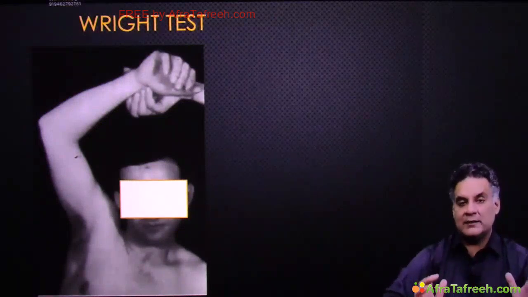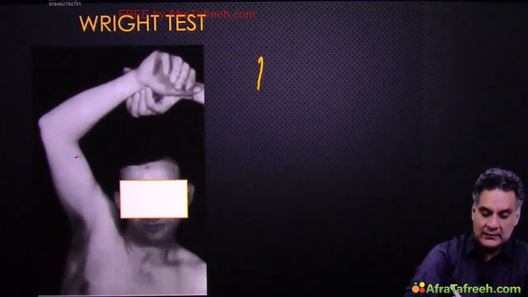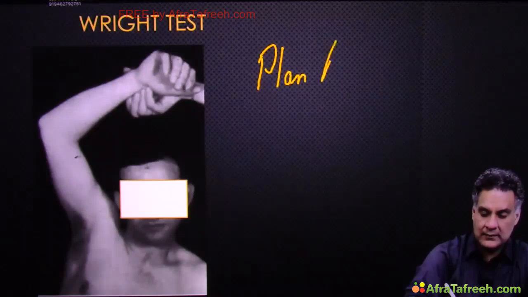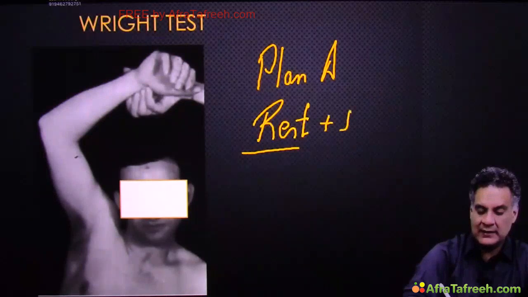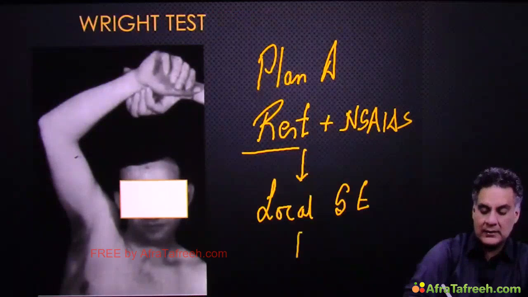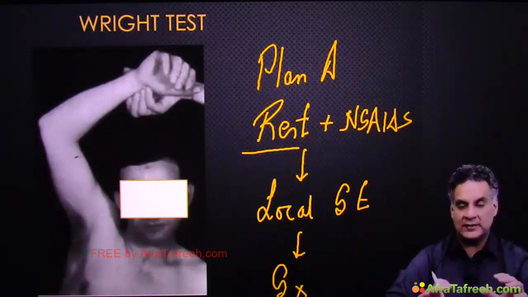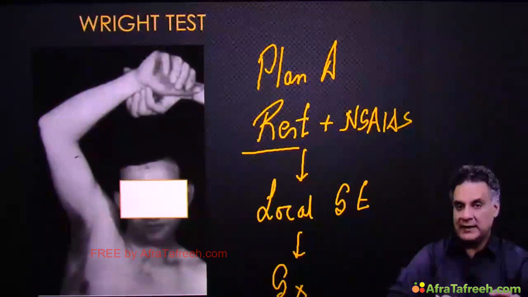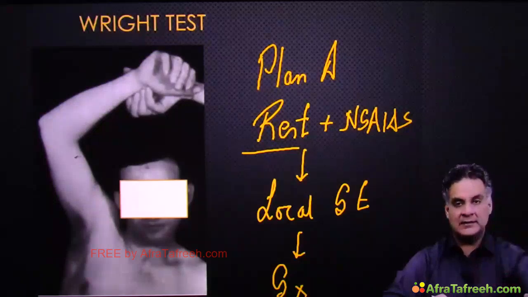Whenever we have compression neuropathies, their treatment is, I've given a name, Plan A. Plan A means do not do the provocative things, give rest and give anti-inflammatory. If no relief, local steroids. If no relief, surgery. This Plan A is the name we have given. It's not a standard textbook name. But this Plan A, where you give a conservative trial, local steroid, not oral, and then surgery, can be used